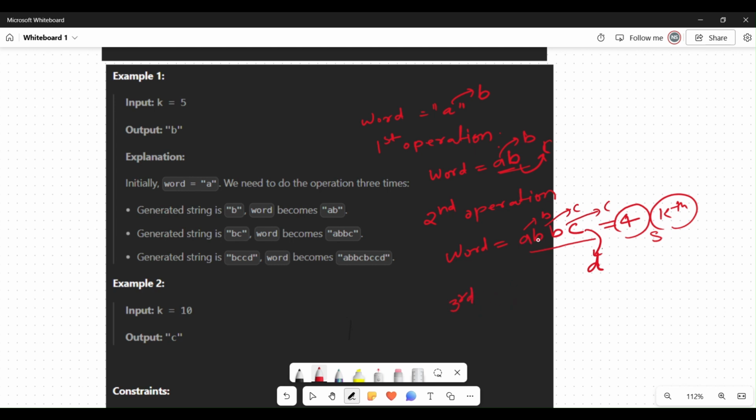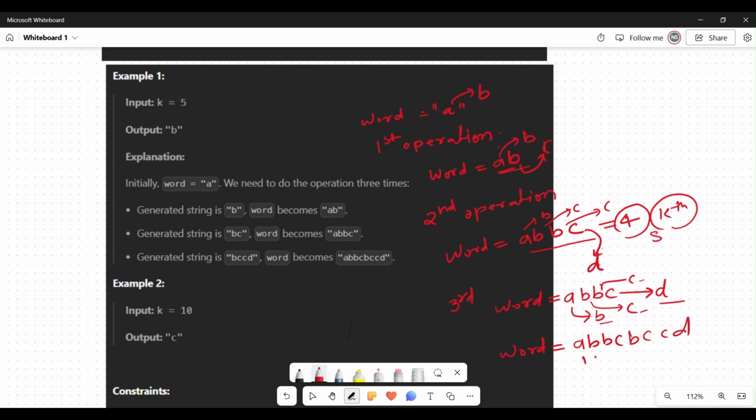Here the original word is ABCB, the next character of A is B, the next character of B is C, and so on, the next character of C is D. After adding these letters, the word will be ABBCBCCD.